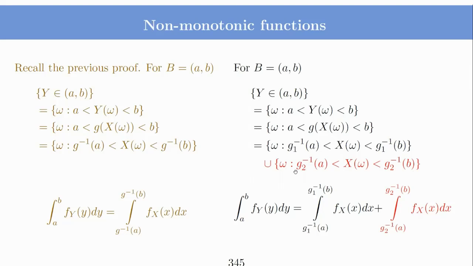So if there are more cases, there will also be more unions. All of these intervals, if you apply g to them, will give a value between A and B, because they are all roots. So if you apply function g here, they will map to A and B, and the values between them will map to A and B. Here also the same thing. So in that case, I can say this is the same, but the probability of this event will be the probability of this plus the probability of this. The probability of this is the integration of density from g1 inverse A to g1 inverse B, and this will be from g2 inverse A to g2 inverse B.